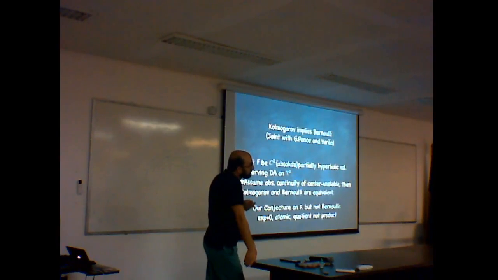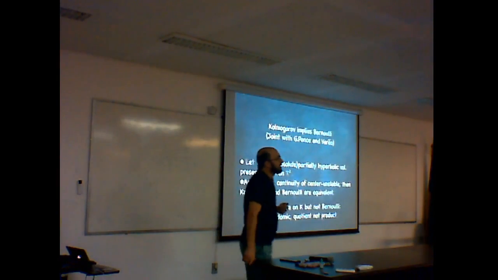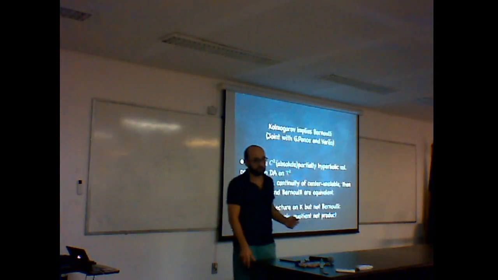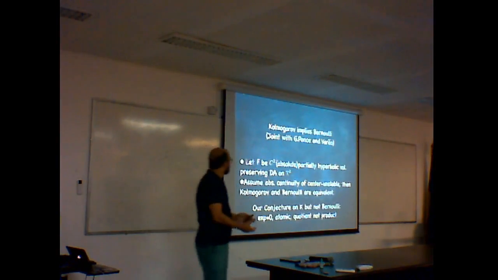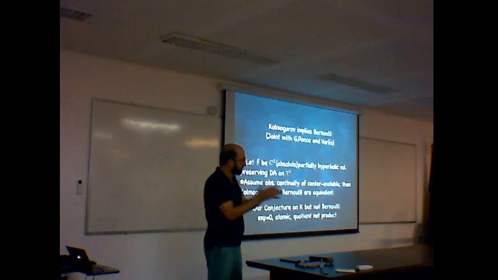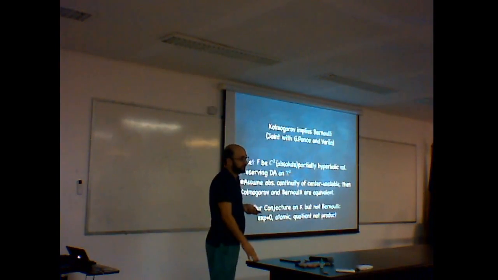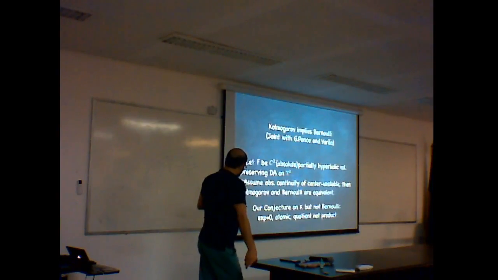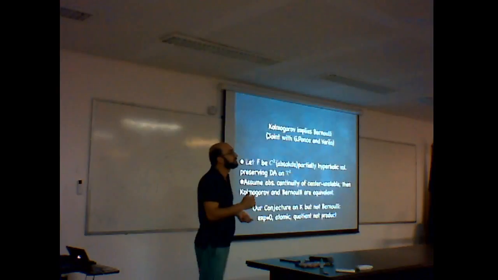In fact, the most popular result would be to announce an example which is Kolmogorov but not Bernoulli. But if you find that some systems which are Kolmogorov are Bernoulli, you also get a theorem. So this approach gave us this theorem, and our conjecture is about the example which is Kolmogorov but not Bernoulli in dimension 3. In fact, Katok had constructed in higher dimension, and very recently Federico Rodriguez-Hertz and Kaligovsky and Von,